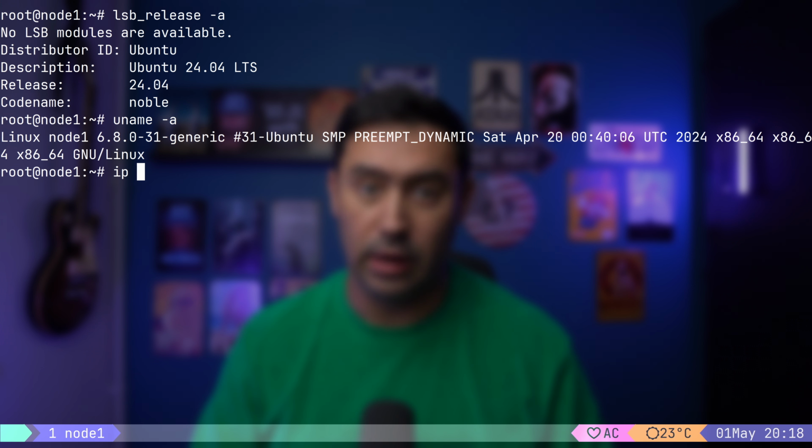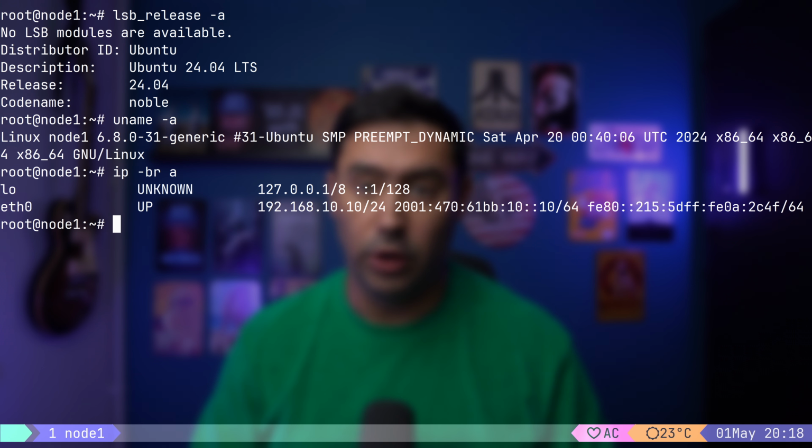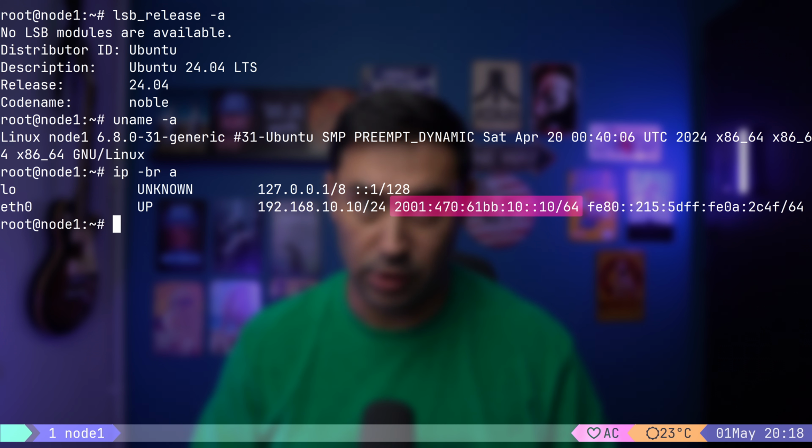As we'll be running a dual-stack configuration, our nodes have both a private IPv4 address and also a global IPv6 address. To make the network easier to manage, I've assigned static IPs to each device. Node 1 has .10 IP, Node 2 has .11 IP, and Node 3 has .12 IP for both IPv4 and